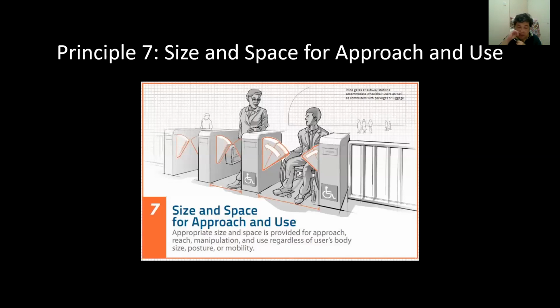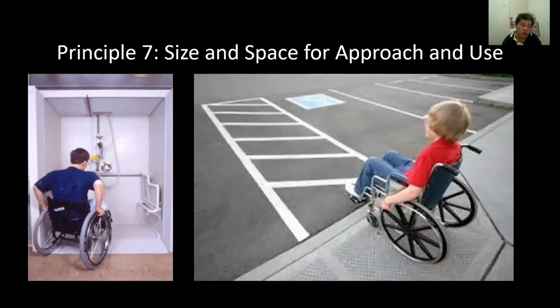So obviously you provide the right width in order to access through the turnstile in the train station, such as this photograph. And shower stalls is one of the things that you need to have so that you could actually tuck your wheelchair and transfer yourself to a seating area to have your shower. And having an aisle at the car park also means a provision for this ease of use, that we need to reach the parts that we want to reach, for example, the car door and so on, so that we're able to function, be able to access into the car.